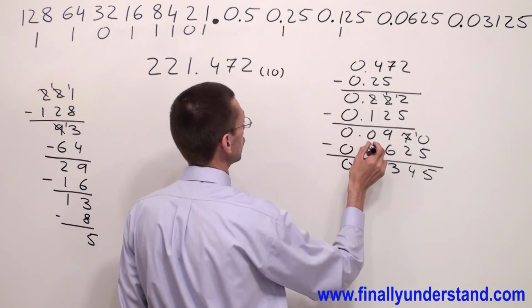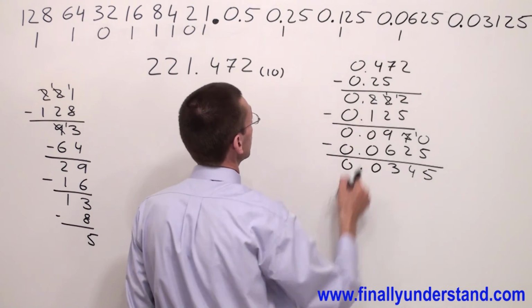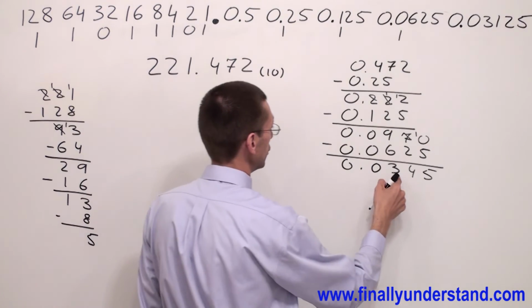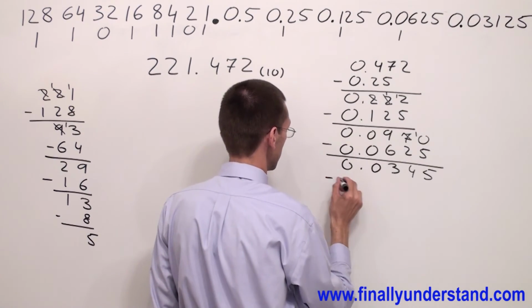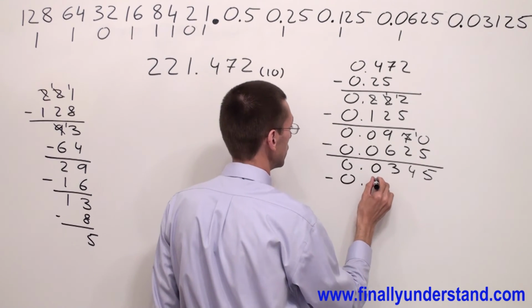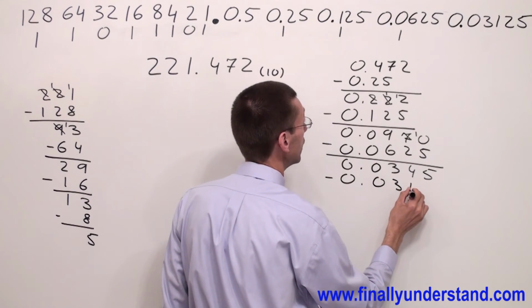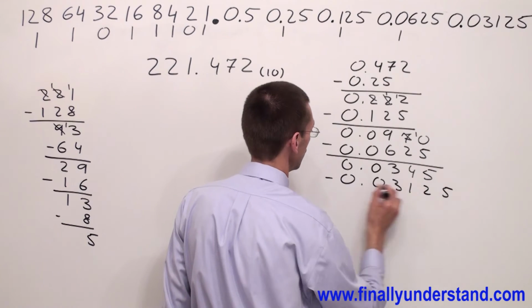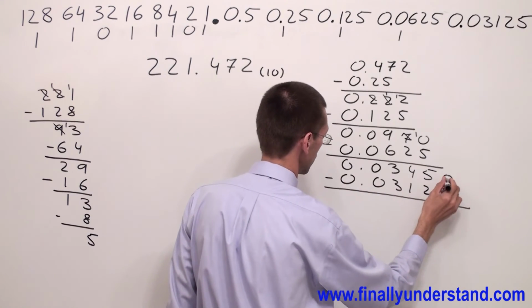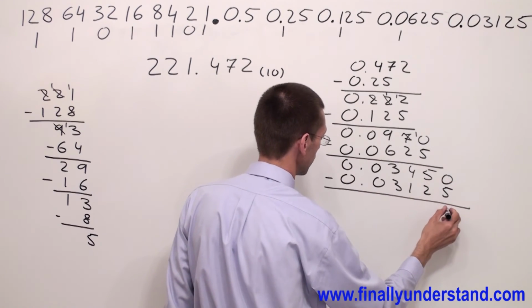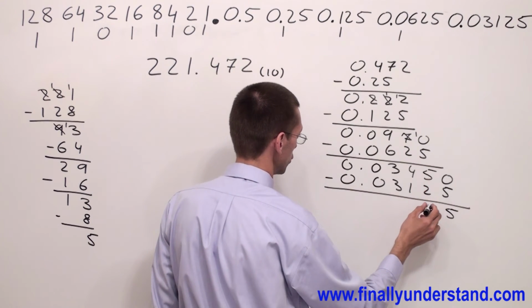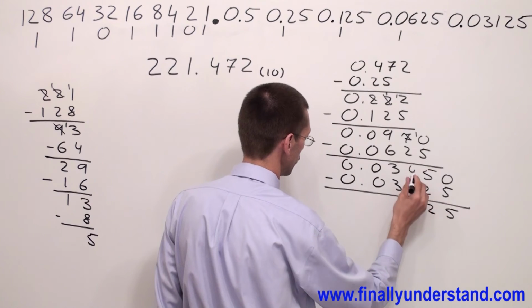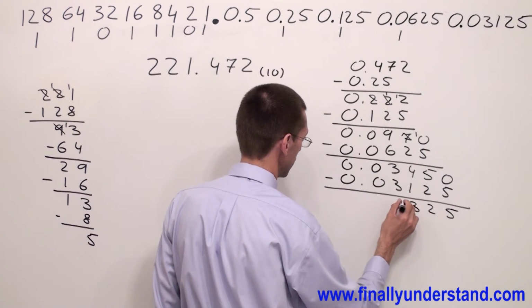0.0. I subtract this weight. From this value, I can subtract this weight. I have minus 0.03125. 10 minus 5 is 5. 4 minus 2 is 2. 4 minus 1 is 3. I have 0,